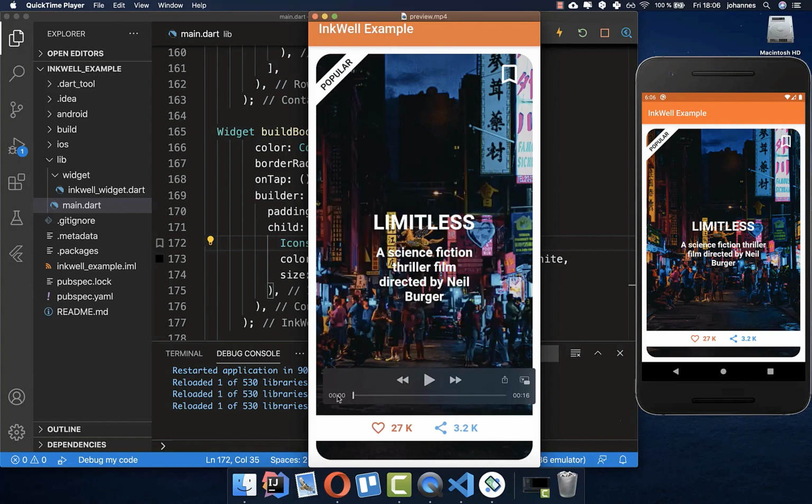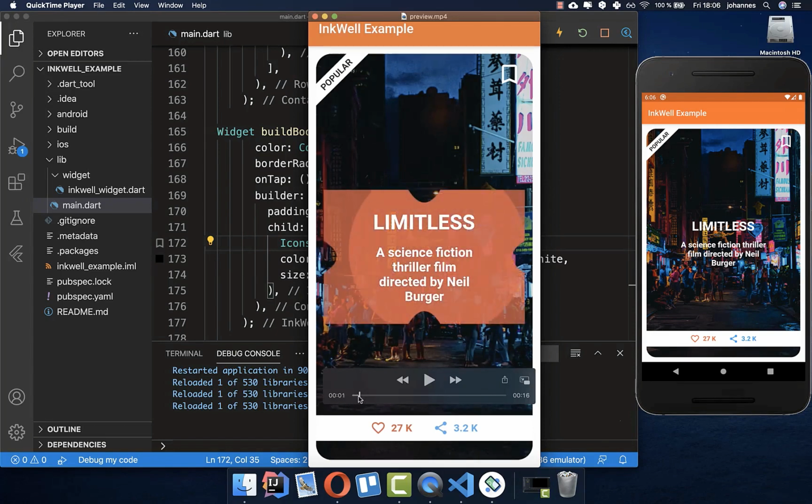Let's go to the more advanced part of this tutorial, and we want to add here this splash for this